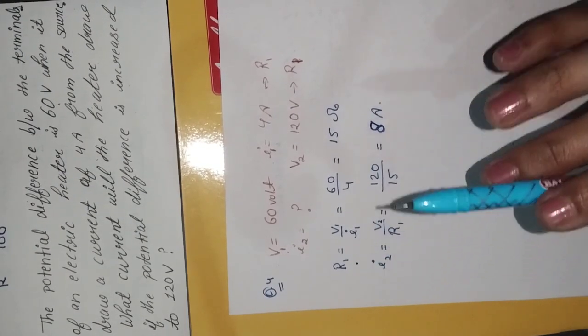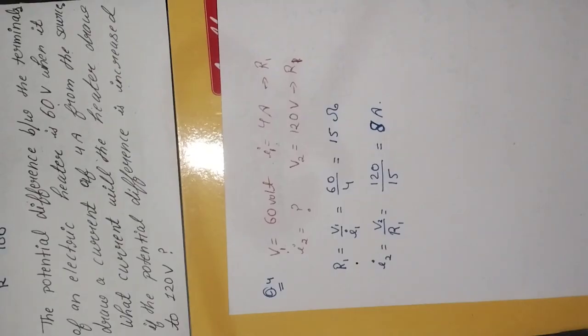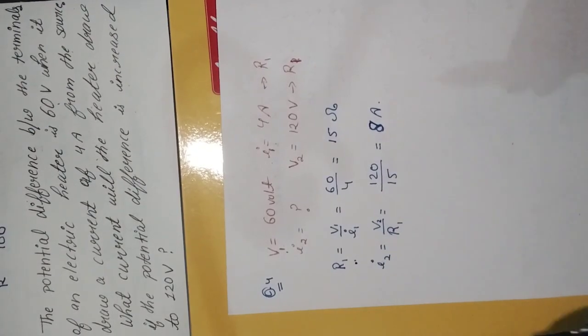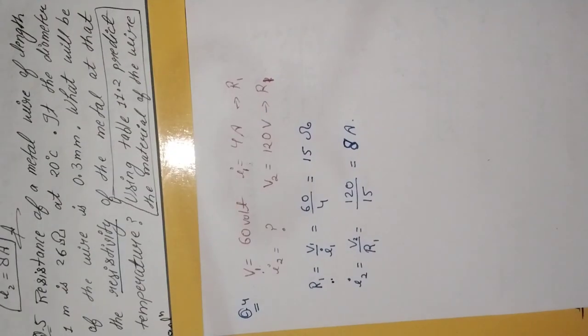रेजिस्टेंस सेम रहेगा क्योंकि हम हीटर यूज़ कर रहे हैं. ऐसा नहीं है कि पहले हमने हीटर के लिए वोल्टेज लिया, दूसरा बल्ब के लिए लिया या फिर किसी और चीज़ के लिए लिया. दोनों ही वोल्टेज किसके लिए है, हीटर के लिए. तो रेजिस्टेंस R1 ही रहेगा दोनों में. क्लियर. Now let's move to the next question.